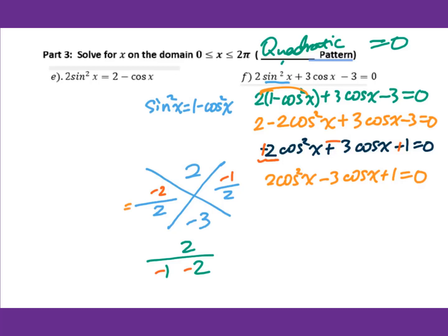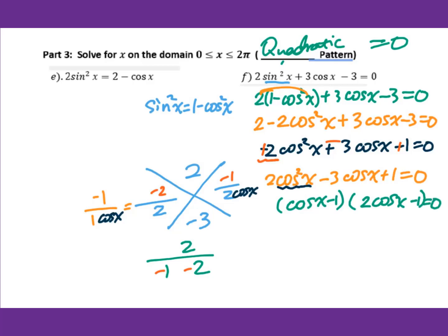So you reduce, you get -1 over 1. Then check for variable. This is a cosine x. And then cosine x. Bottom up, we got cosine x minus 1 and 2 cosine x minus 1